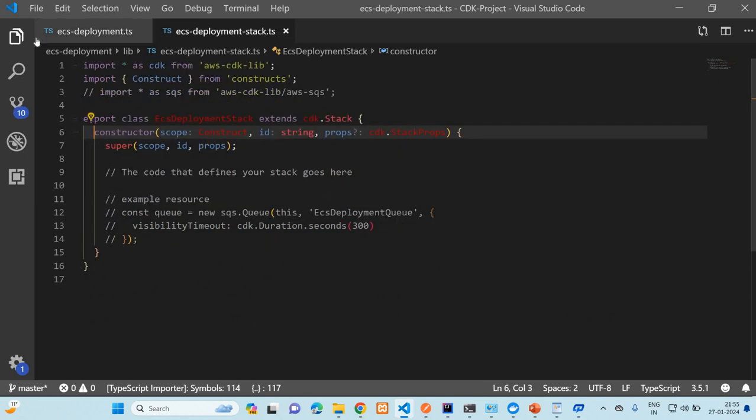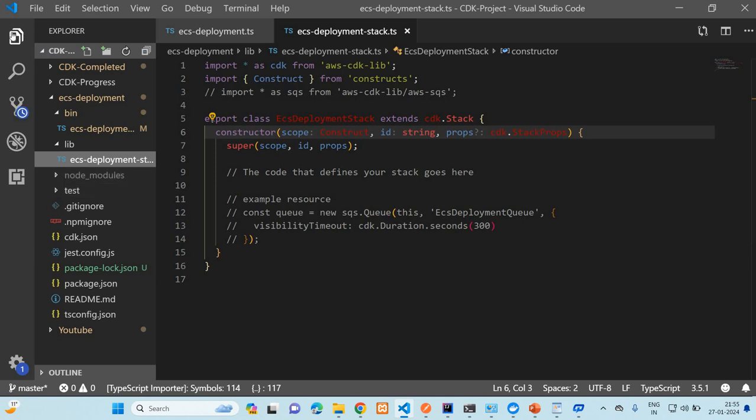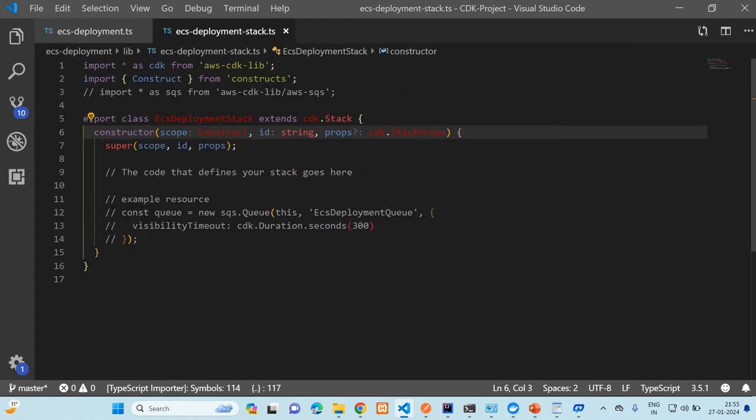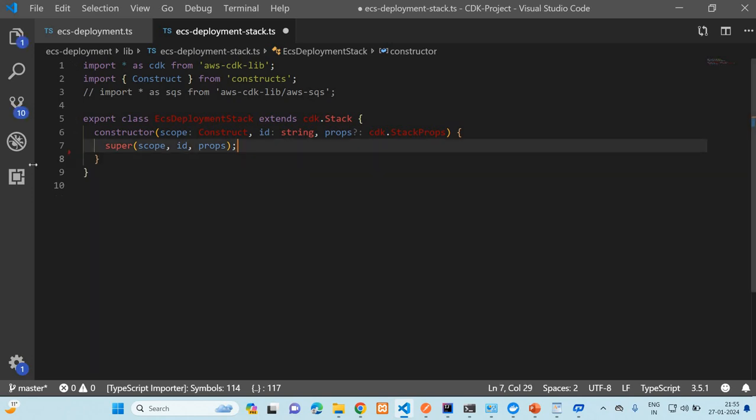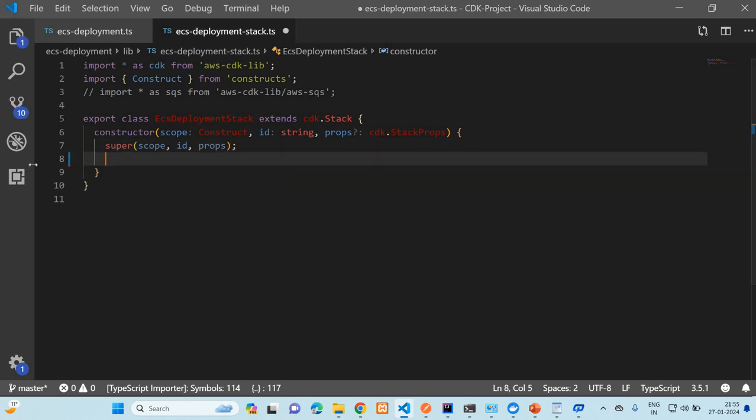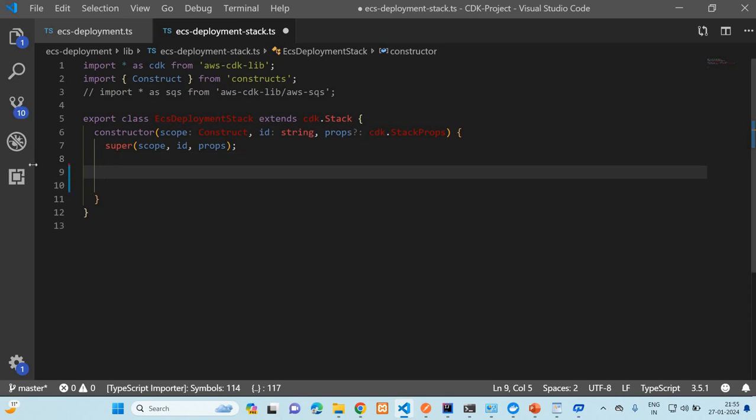It will be inside the lib folder. Inside the lib folder. Okay. So now we have reached there. Now we have to write all this logic there. So the first thing is that we have to create the VPC. But as we have a default VPC, we are not going to create the VPC, but we will use the existing